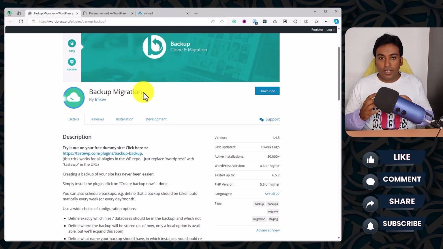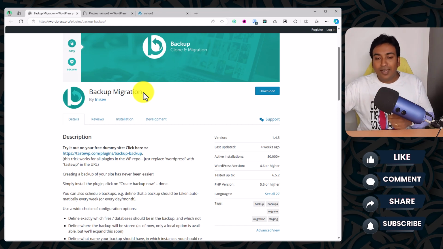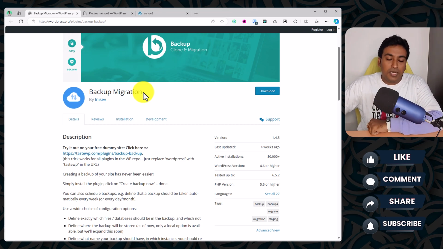With the free version, you have the limitation of 2 GB or less, but most websites will be below that limit. If you are running a small blog or business website, even some medium-sized websites, most of the time it will be less than that size. So most probably you won't need premium, and cloud storage is available on premium. In this case we won't need that either.